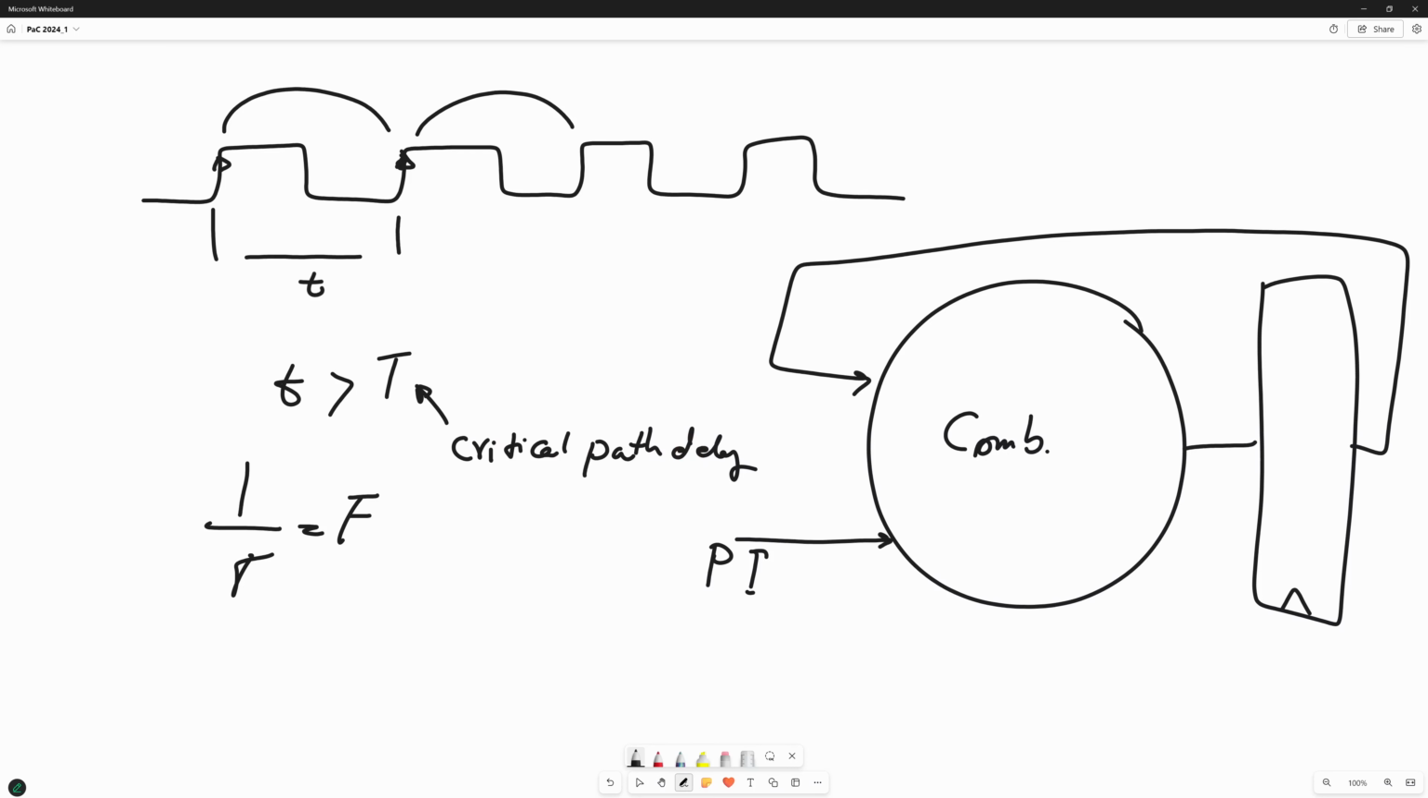It means that if the clock that you provide for the registers is faster than T, the critical path delay, the combinational circuit is not done providing the output to be stored in the register. Then what happens? Wrong data will be stored in the register, which means the device does not work as you expect. For example, if you have a computer, laptop, or mobile phone, of course, it either crashes directly or